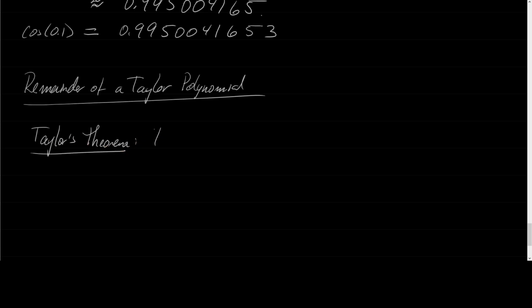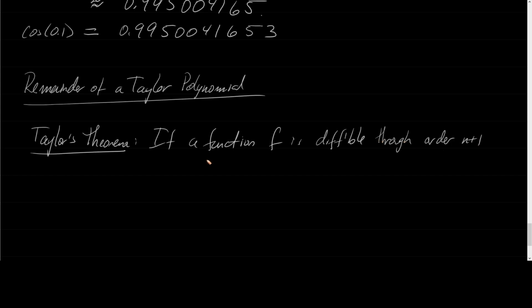Taylor's theorem says if a function f is differentiable through order n plus 1, so in other words, we can take n plus 1 derivatives on an interval I containing c,